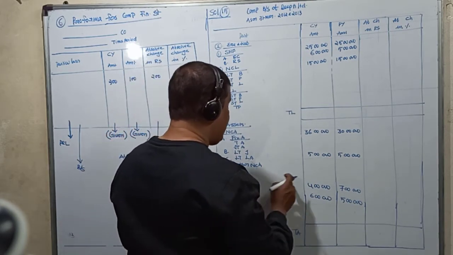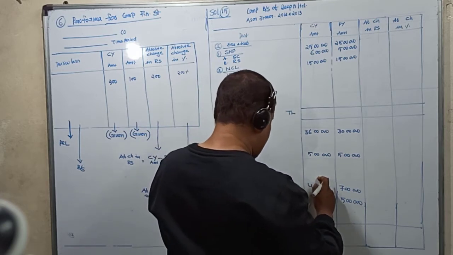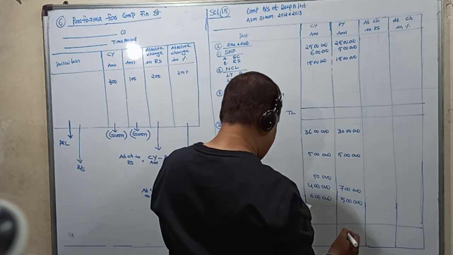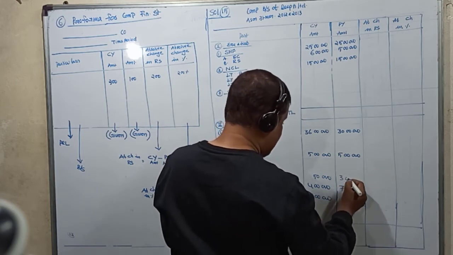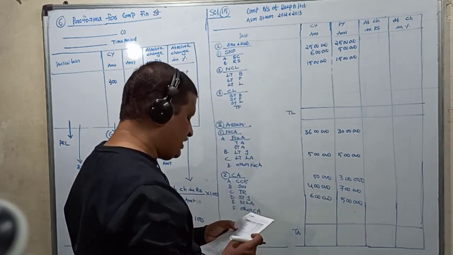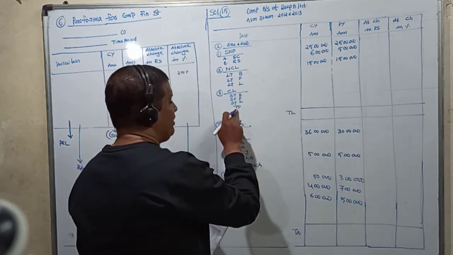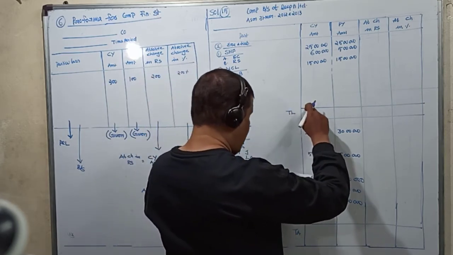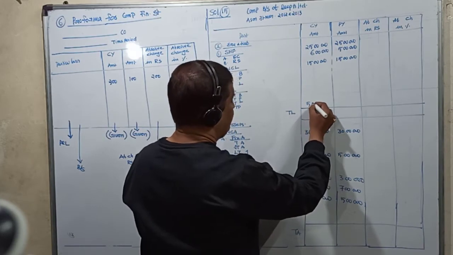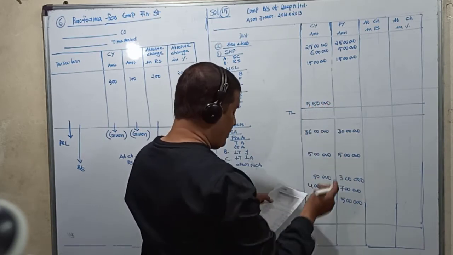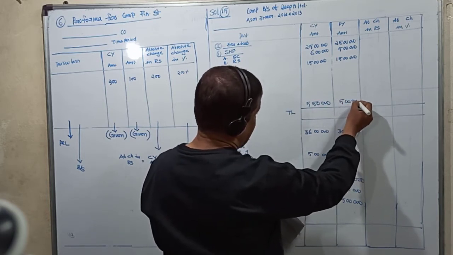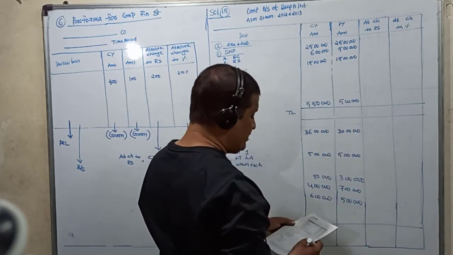What is the current year cash and cash equivalent? It is 50,000. What is the previous year cash and cash equivalent? It is 3 lakhs. And finally we come to the last thing, trade payables. Here it is trade payables, it's a current liability. What is the current year trade payables? It is 5,50,000. And what is the previous year trade payables? It is 5 lakhs. So with this, we have completed the problem.